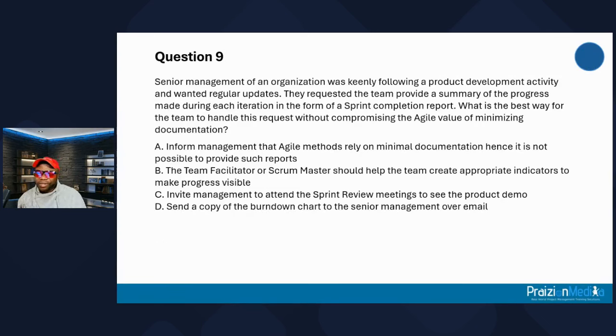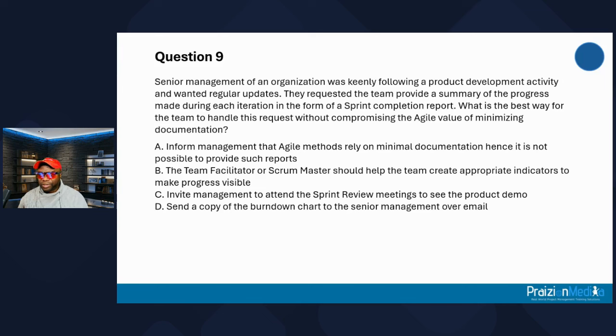Question 9. Senior management of an organization was keenly following a product development activity and wanted updates. They requested the team provide a summary of the progress made during each iteration in the form of a sprint completion report. What is the best way for the team to handle this request without compromising the agile value of minimizing documentation? A. Inform management that agile methods rely on minimal documentation, hence it is not possible to provide such